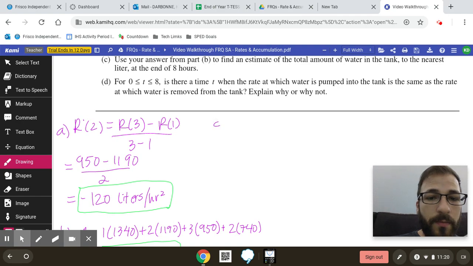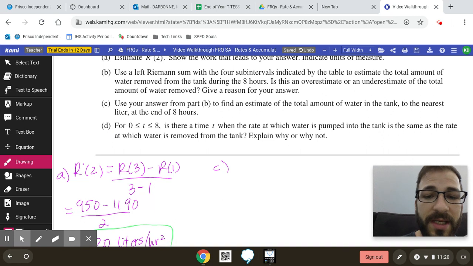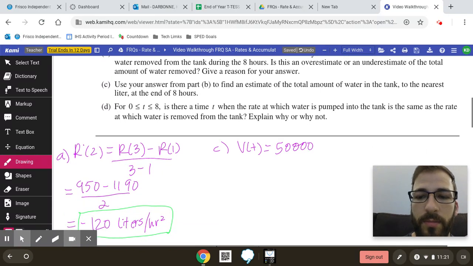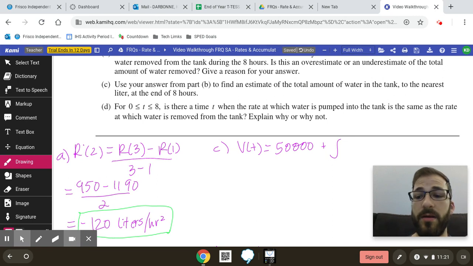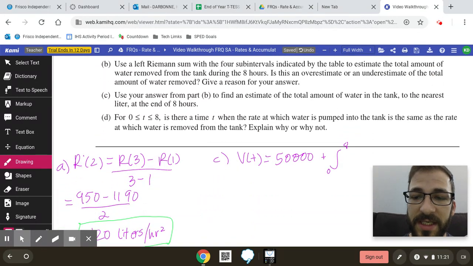So for part C, we have our initial condition. Our initial condition is 50,000 liters of water in the tank. Let's call this, I don't want to use T, we'll say V for volume of the tank. So V of t is equal to 50,000 plus, now we're going to do the integral of our equations because we want to find that amount of water. So plus the integral from 0 to 8 for our time. And then, which one is representing water pumping in? W of t is pumping in, so W of t